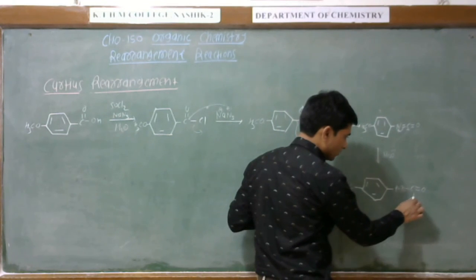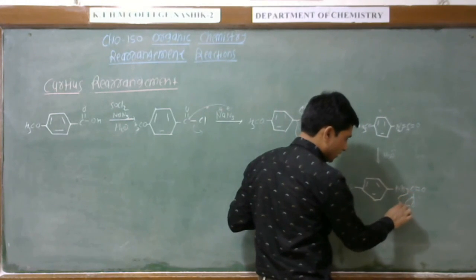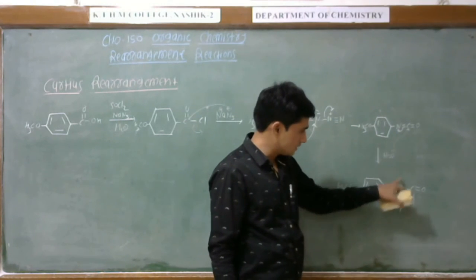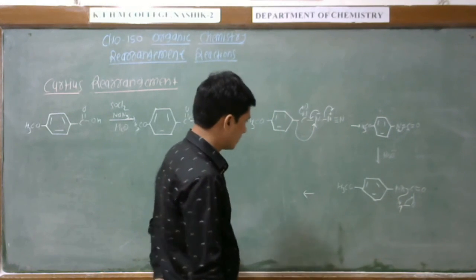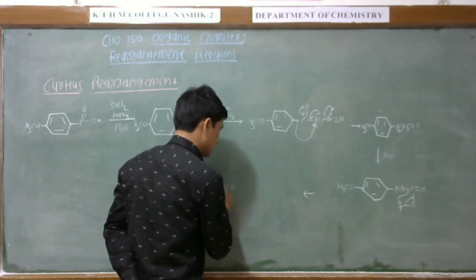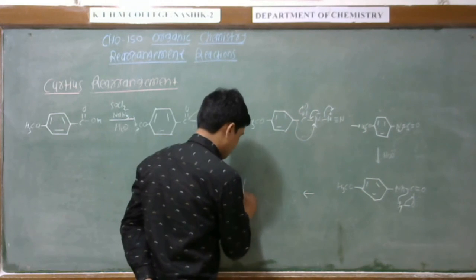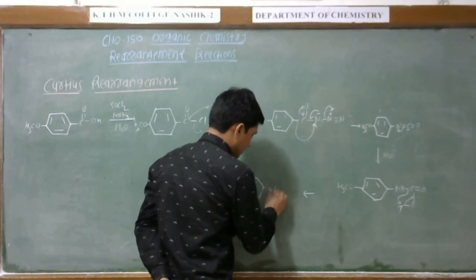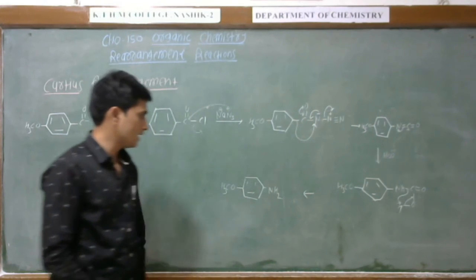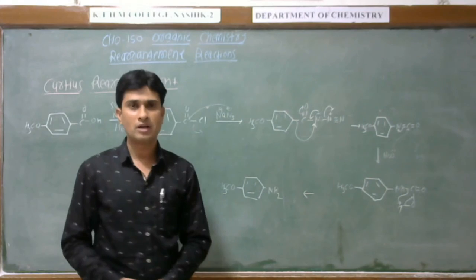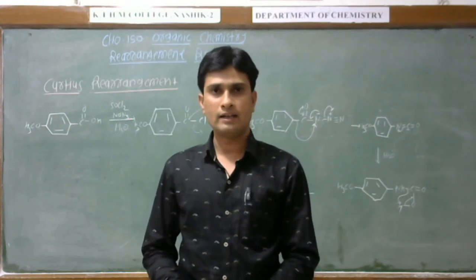So, by abstracting hydrogen, see here, this bond will shift here, and this bond will break. There will be formation of negative charge on nitrogen, and this negative charge will abstract this hydrogen. We got here the primary amine. So this is CH3, this is the phenyl ring, and this is the NH2 here. That is the para anisidine, formation of primary amine. That is the para anisidine.